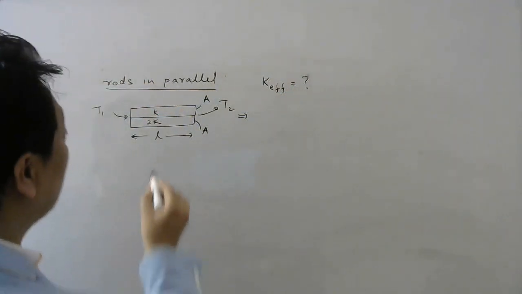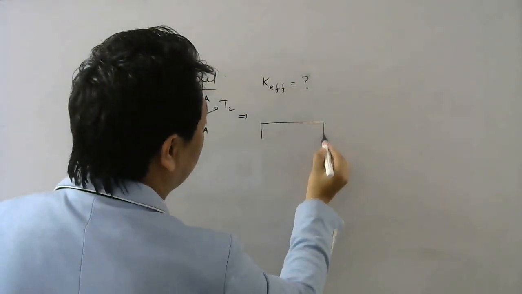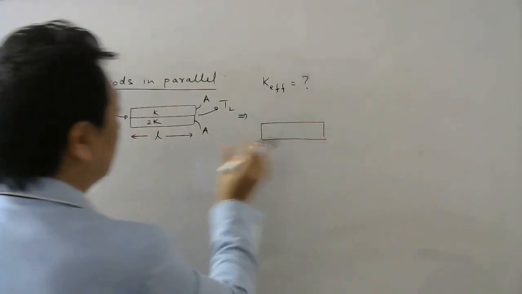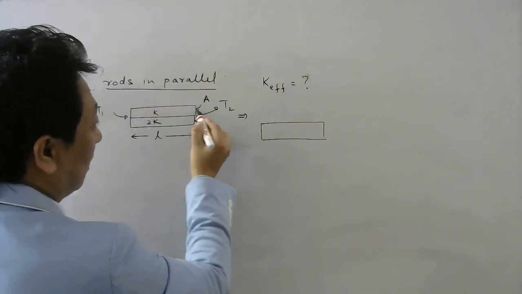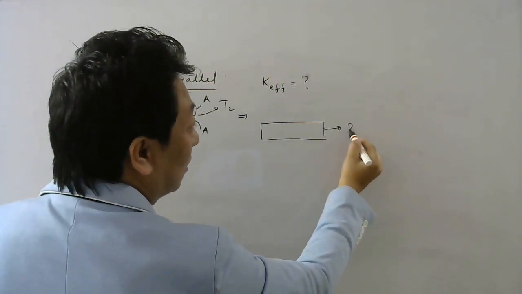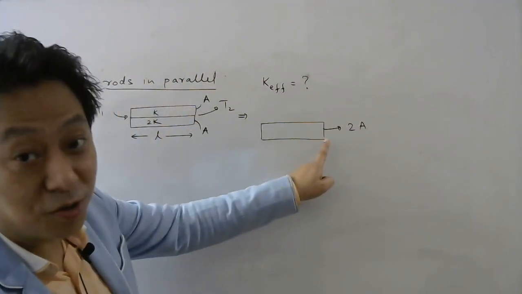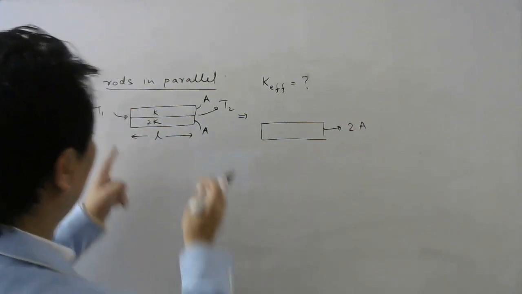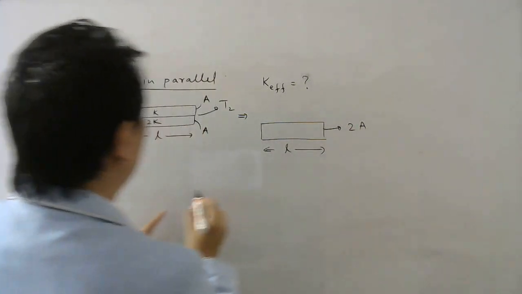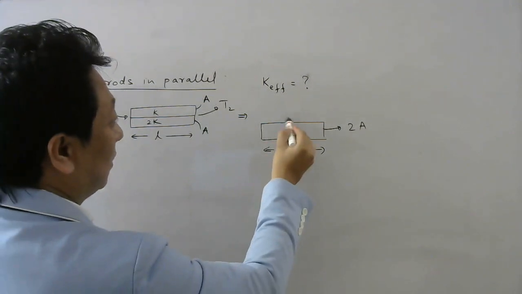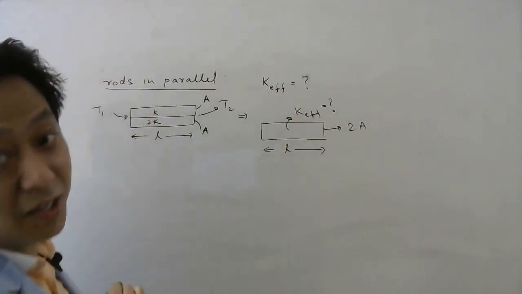Then how will you find the equivalent thermal conductivity or effective thermal conductivity of this combination? So, what I will do? First of all, I will replace these two rods by one single rod, and since I have to put this in the same place, if this area is A and this area is A, this area will be 2A, isn't it? What if it was A1, A2? Then here you should write A1 plus A2. Obviously, the length will be same, and whatever is the thermal conductivity of this, that is what we are trying to calculate, effective thermal conductivity.